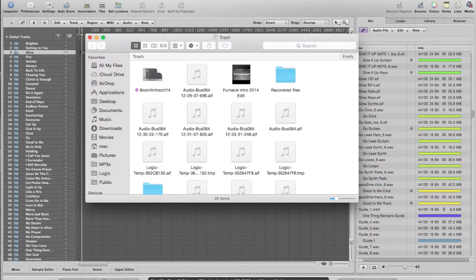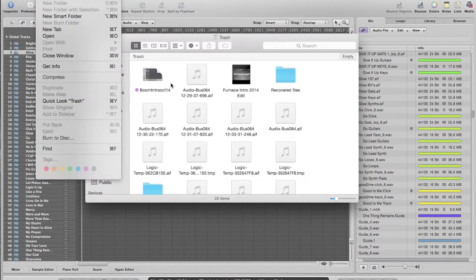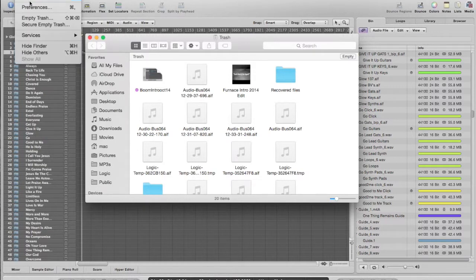I have another option up here under Finder, which has come out now because my trash is open. This one called Secure Empty Trash. What that's going to do is like the dumpster taking the stuff in the rubbish truck and going and burying it at the dump. There's no way that you're going to get that stuff back, but what it does is